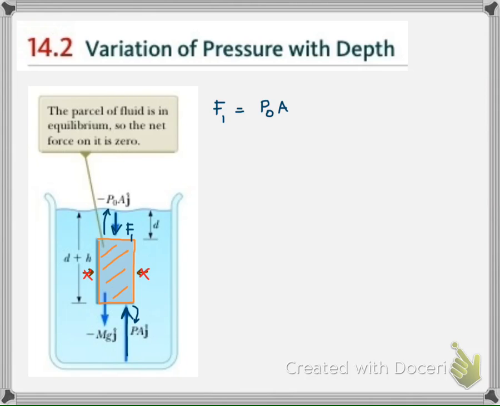If the force here is F2, we have F2 is equal to PA, and since the shape of the object is rectangular, this A and this A are equal. Okay, anyway,